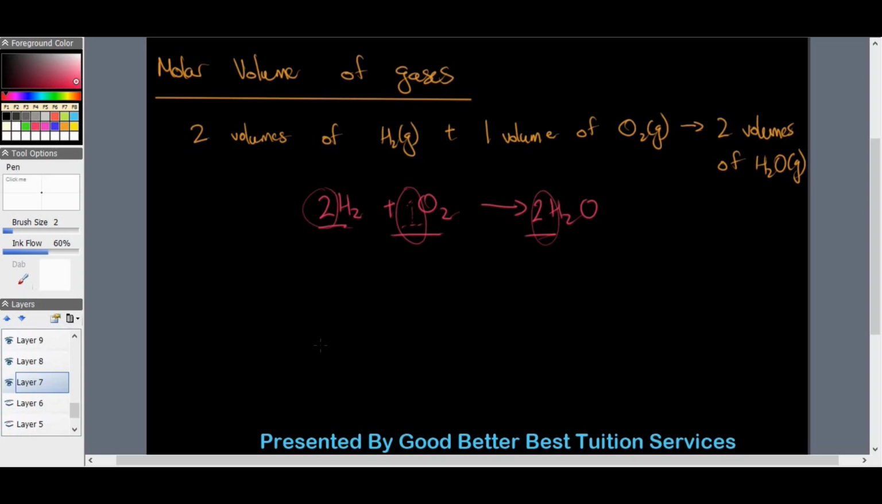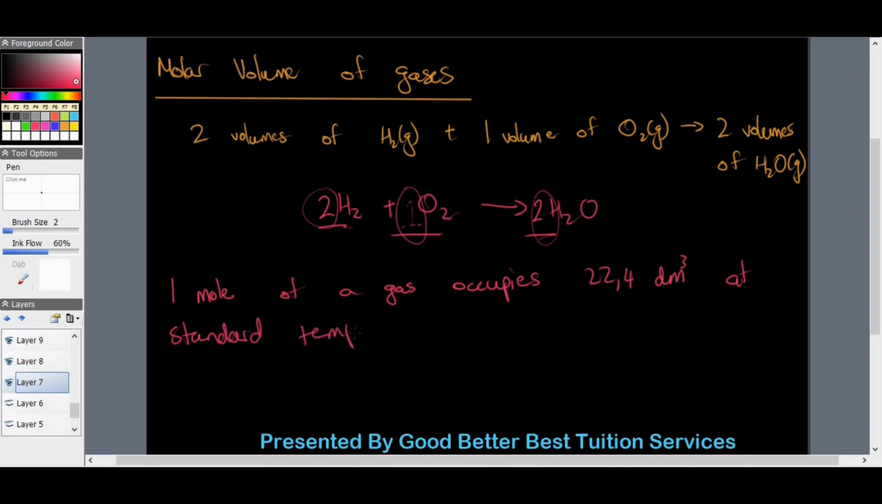Then Avogadro, who was Italian, came along and expanded on this. He expanded on this by stating that equal volumes of gases contain an equal number of particles, obviously provided that temperature and pressure stay the same. So we determined that 1 mole of a gas occupies 22.4 decimeters cubed at standard